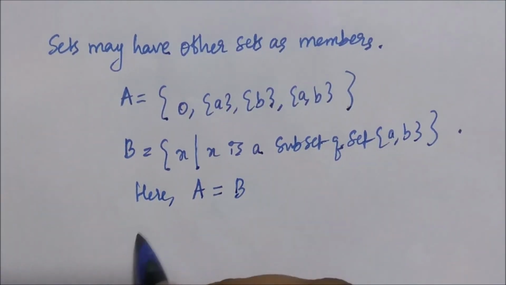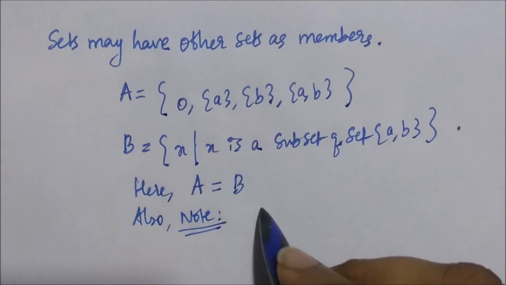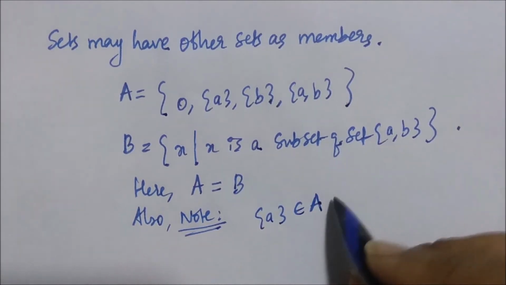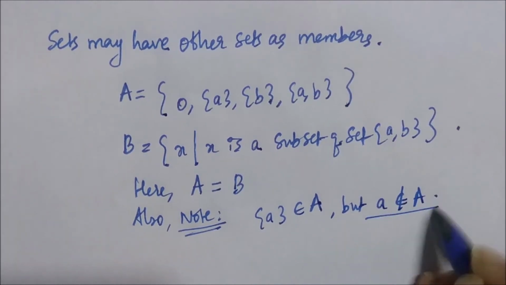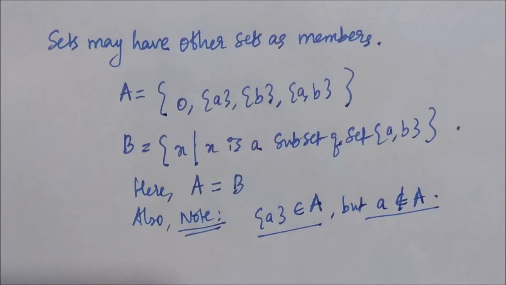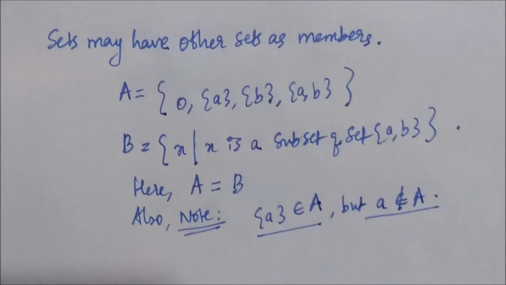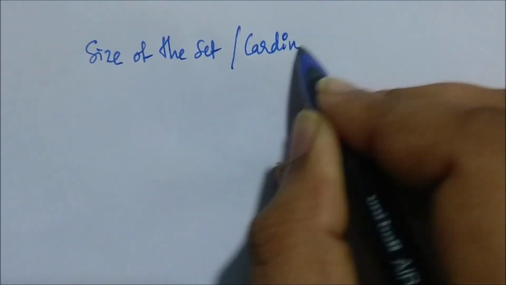So now another thing to note is that here the set A is an element of capital A set, right? Because the set A itself is a member of the set capital A. Now the A itself is not an element of the set A, because A is not an element of A, but the set A is an element of A. We have to understand that difference. Here the member is not the single element A, but the set A is the element of the set capital A.